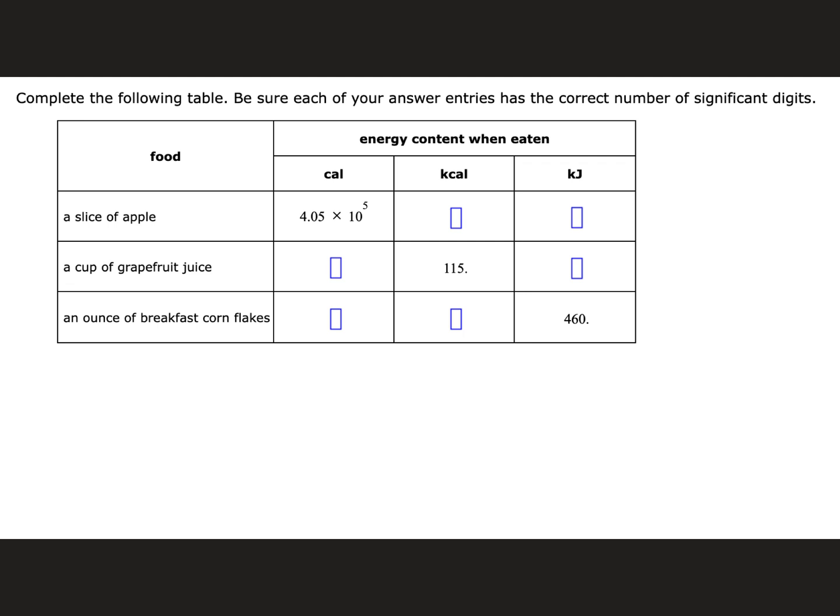And I added this question in because we've been talking about calories. So the calories in chemistry versus the calories in food are a little bit different. The chemistry calorie versus a food calorie, which is actually a kcal, so it's 1,000 times larger than a chemistry calorie. And so one thing we need to know is that 1 calorie equals